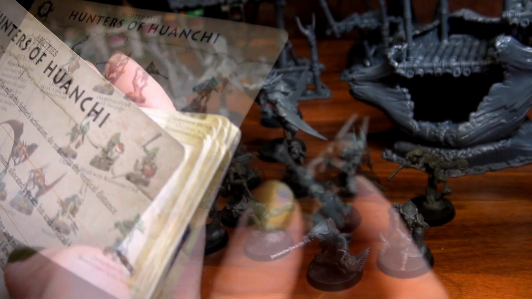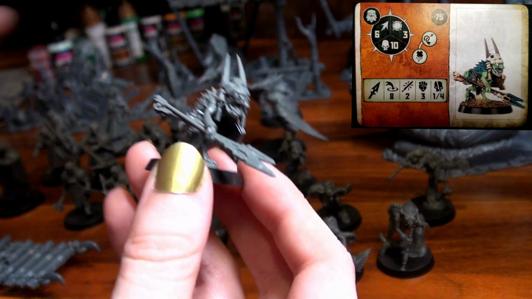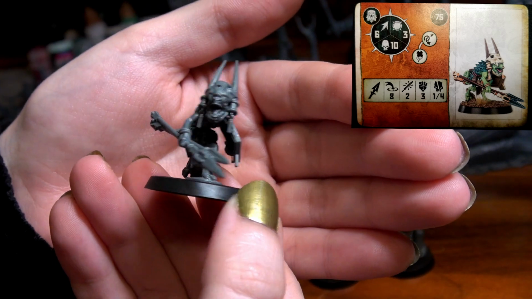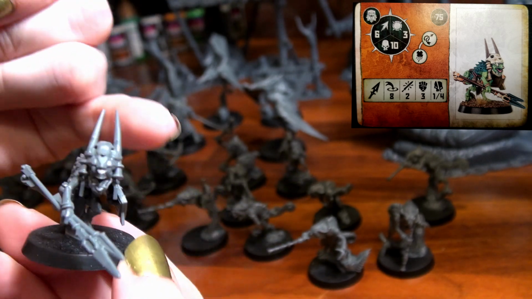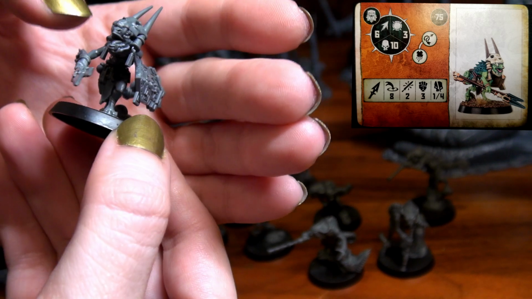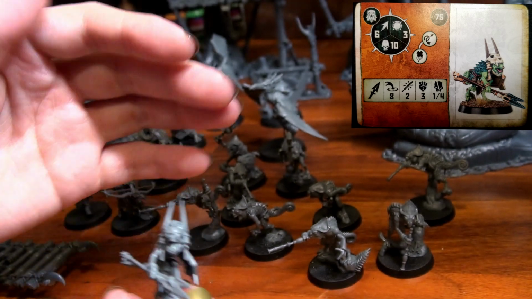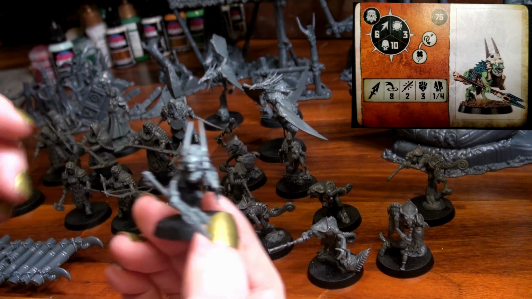So this guy is called Huanchi's Claw, which is the cutest little guy. Oh my goodness, he's so cute. There's only one way to build him, and you can't really add his equipment to any of the others because it's very specific. His head is part of it. But he's so cute. There might be a reason in lore to only have one in a warband, but